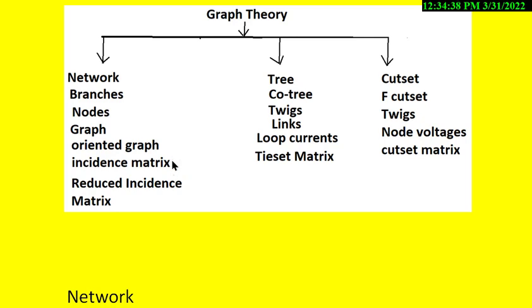And after that, by following the rules for the incidence matrix, if the current flowing through the element connected to the node is towards the node, we put minus 1. If the current flowing through the element is away from the node, then we put plus 1. Whereas if the element is not at all connected to the node, then we put 0. So following all these rules, we obtained the incidence matrix, and after that we obtained the reduced incidence matrix. So basically the incidence matrix represents the relation between the node